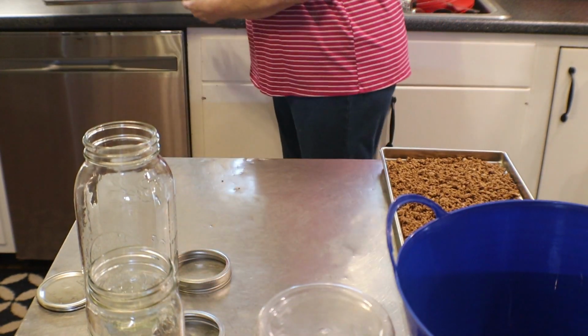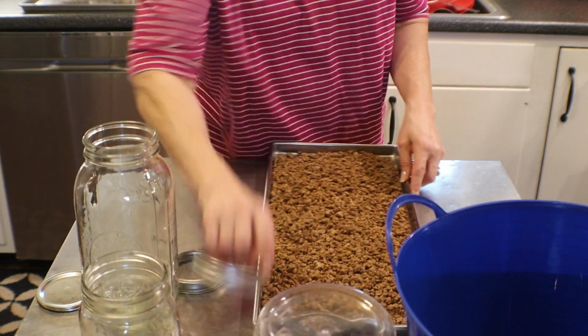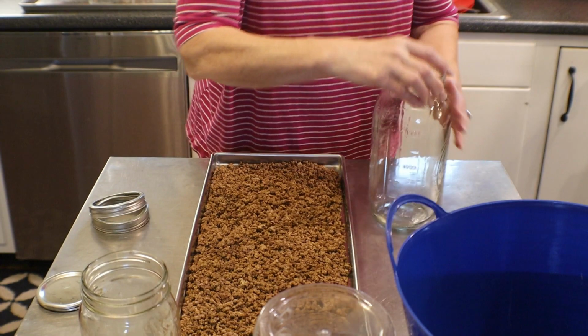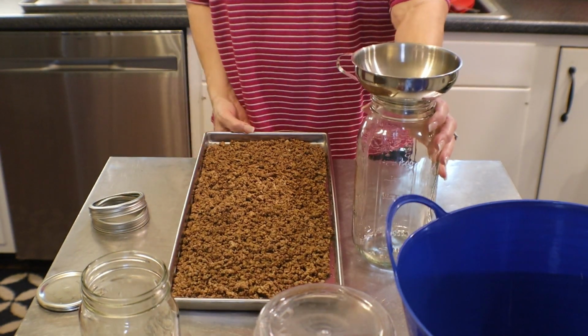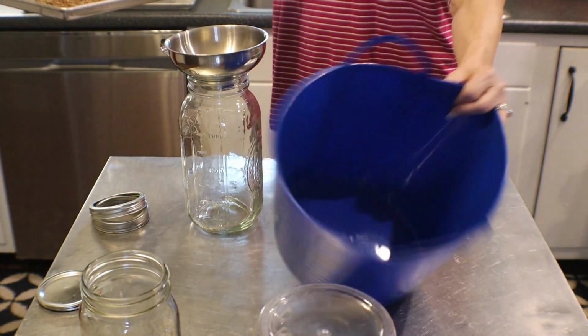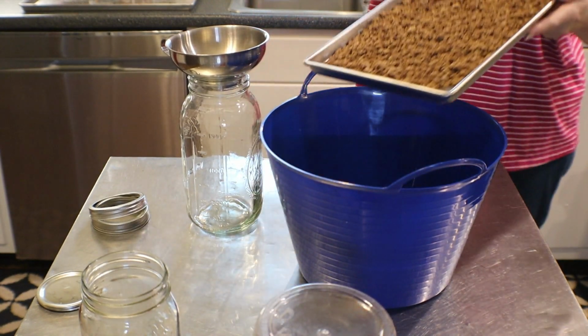Okay, there's that tray. I do have more of those, by the way, I just didn't grab them out. I wanted to grab one of each so I could show you how this is going to work. Okay, then I am going to take my jar, and I'm going to take this big old squishy bucket here, and